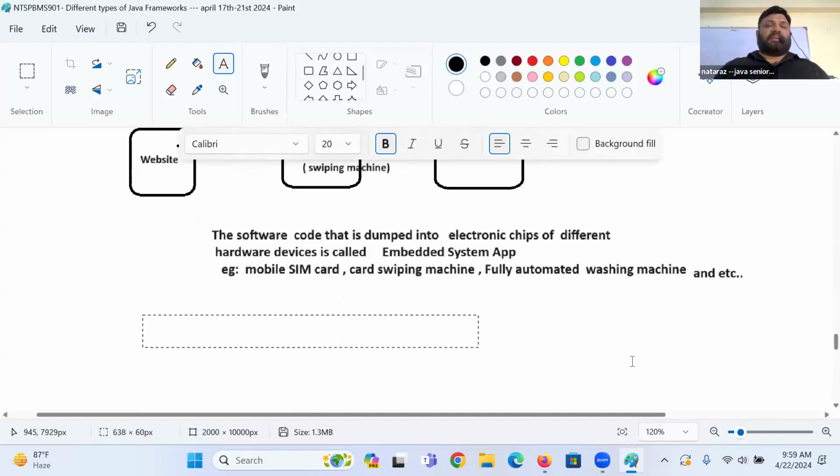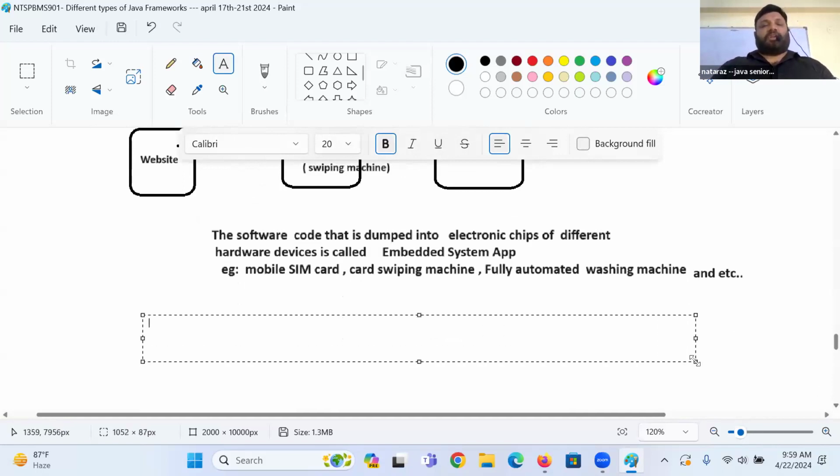Now listen carefully. Browser to software application interaction is a web application. A layman says website, a technical person says web application.